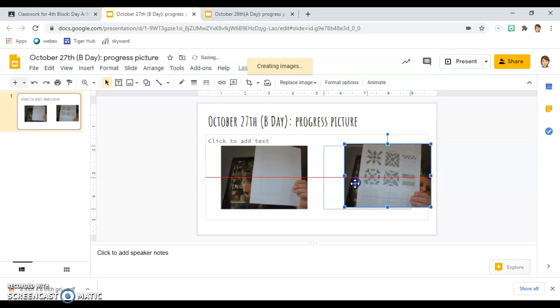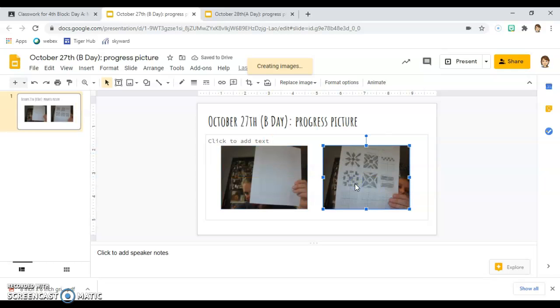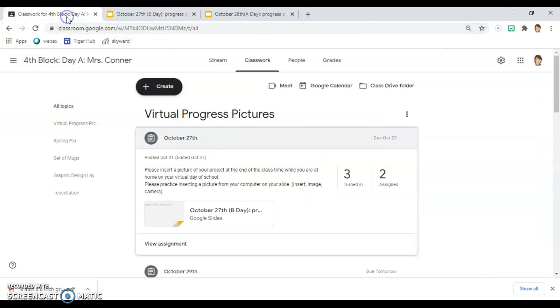Okay, so this will make it to where you don't have a communication error between your phone and Google Classroom or like Google Drive. Okay, so that's what I want you to do. And then you would need to go back to your work here and view that assignment and then submit it. Okay, but that won't show up on my teacher side of things. But make sure you get that done and submitted into the classwork for the virtual pictures